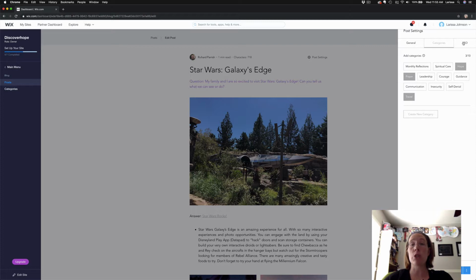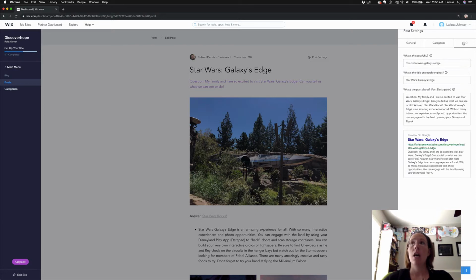SEO stands for Search Engine Optimization. For the most part, I don't recommend messing with this too much because, again, Wix is a very intuitive website that will kind of work in a lot of this stuff for you. But let's just say, for sake of argument, here's a good example. Galaxy Edge, because I put a comma in the title,